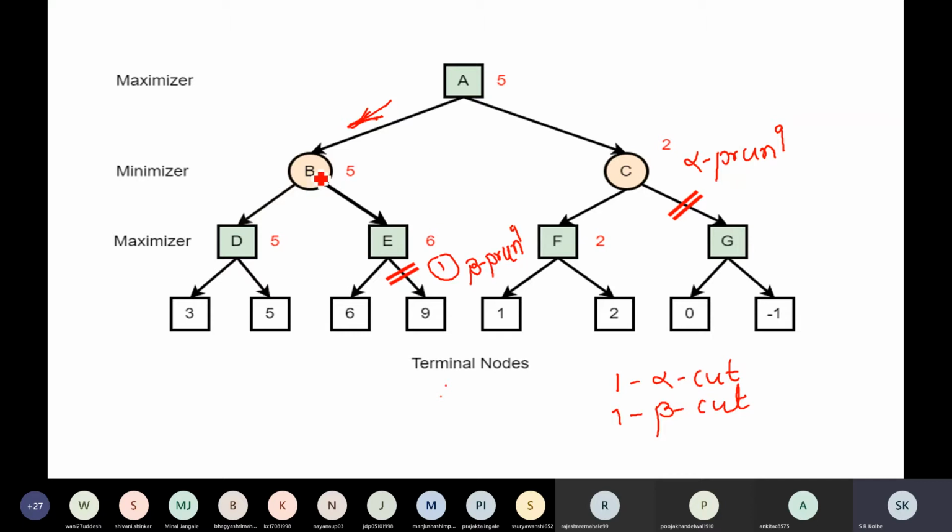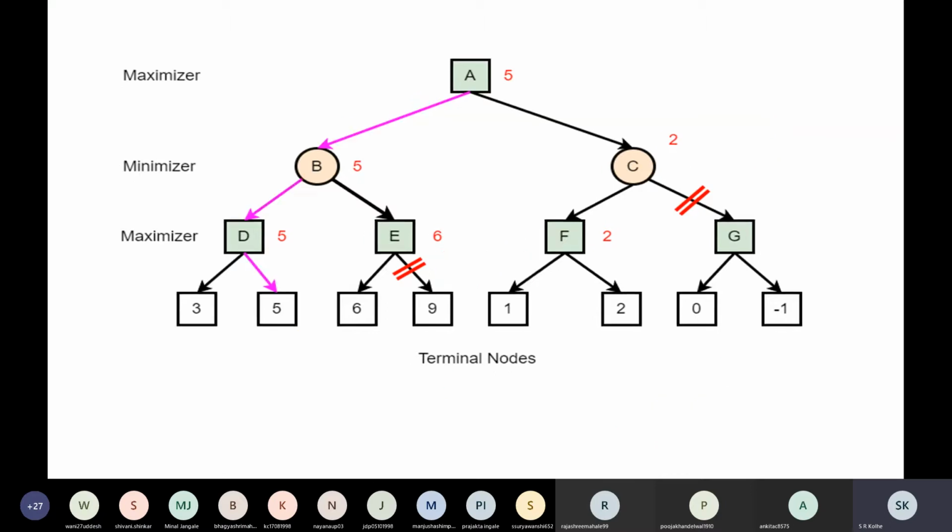The minimizer is also intelligent. The minimizer will select the node with less heuristic value, so 5. Although the minimizer has played intelligently, now it's the maximizer's turn. The maximizer will select this particular option. So the maximum score achieved by the maximizer will be 5. That is the best move that he or she can make.